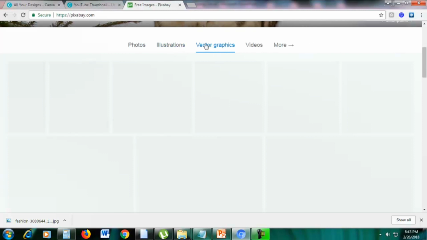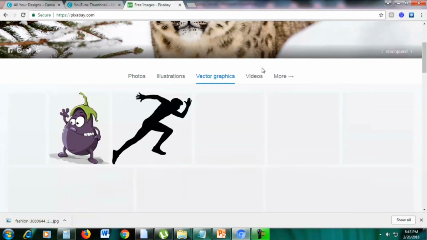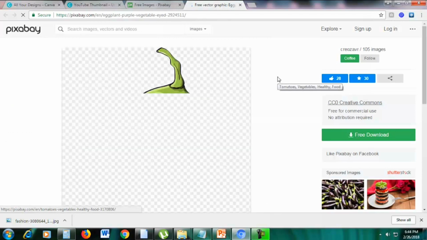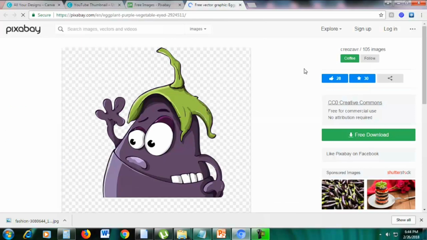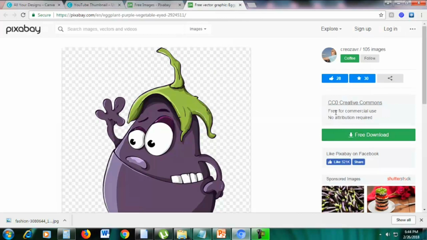Okay, so let's just go there. Go to one of the vector graphics here. Okay, so let's click one of these. And if you don't know what a vector graphic is, vector is a graphic type that even if you make it very, very big, it still doesn't lose the quality. So this is one of the examples of the vector graphics, and again, this is totally free for commercial